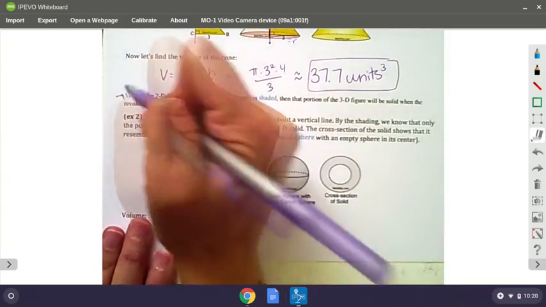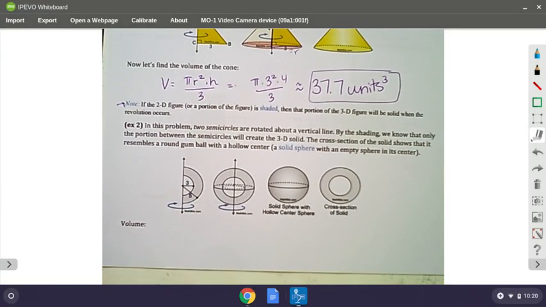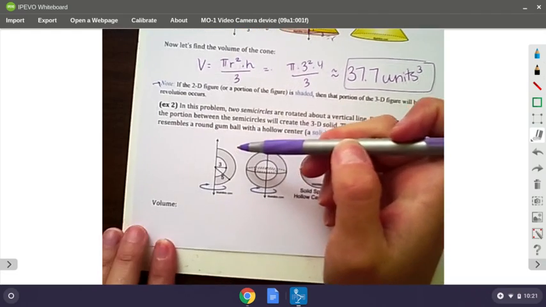Next, look at this note right here. It says if the 2D figure or portion of the figure is shaded, then the portion of the 3D figure will be solid when the revolution occurs. So then that portion is what I meant. So basically what that means is if you take a look at this one,